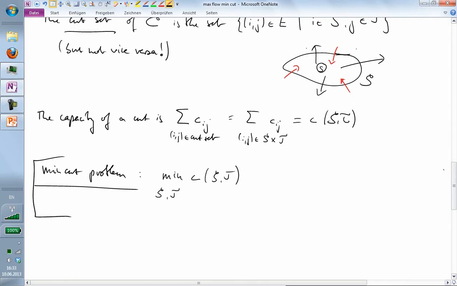You can formulate this using dual variables, and one way is to introduce a potential for each node, putting the source at potential 0 and the sink at potential 1, and then assigning each intermediate vertex some potential value such that the differences between potentials reflect the capacities,